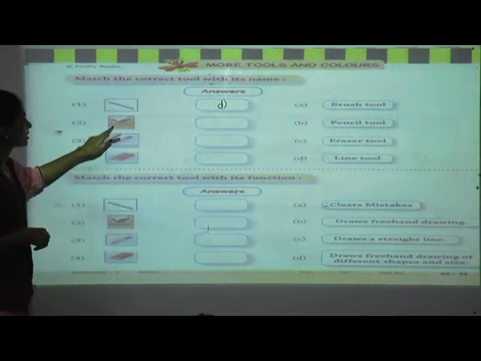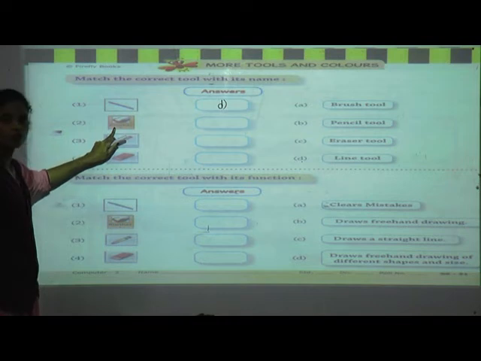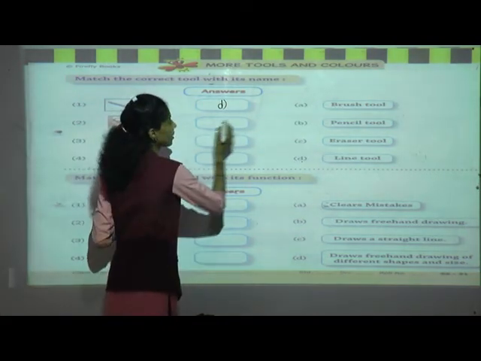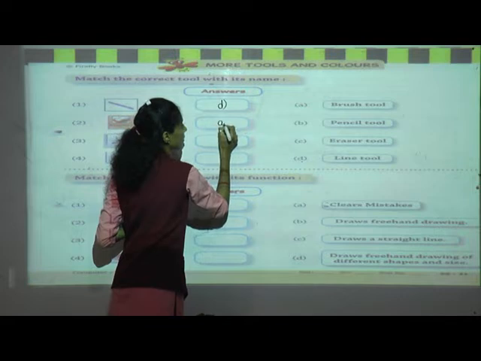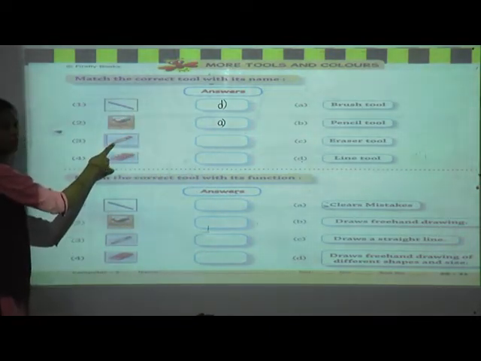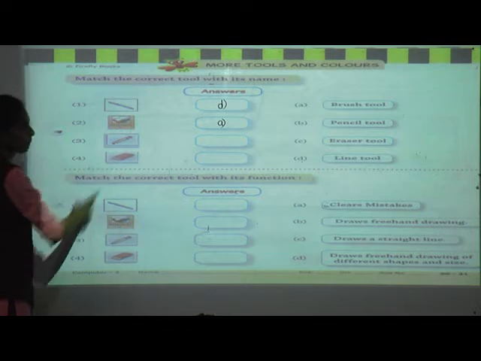Next one, you can see brushes downside. Then what is the name of this tool? Good. Brush tool. What is the number here? A. Next one, everyone having the book, see in your book. What is the name of this tool? Yes, pencil tool.